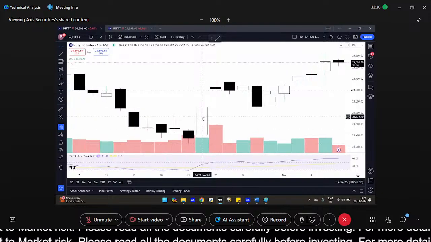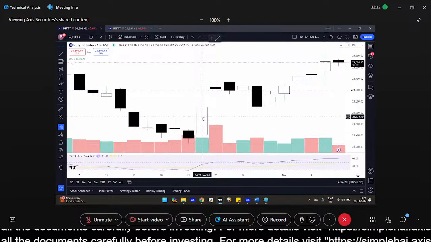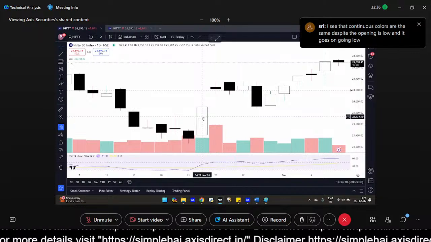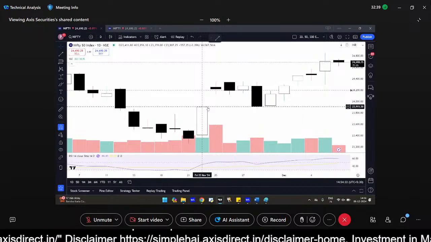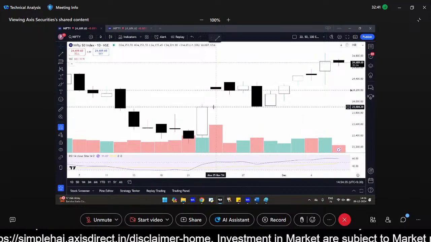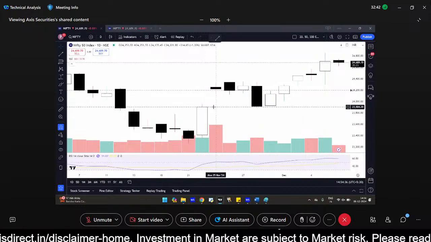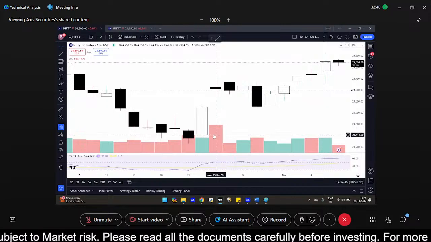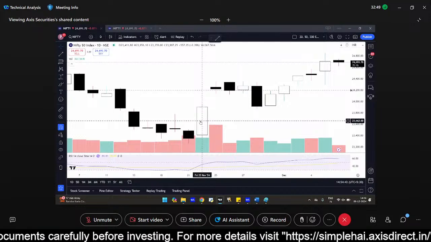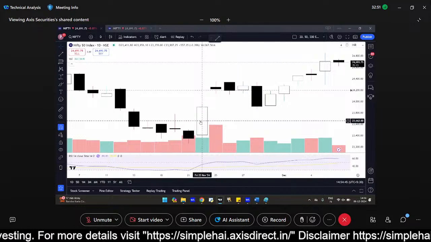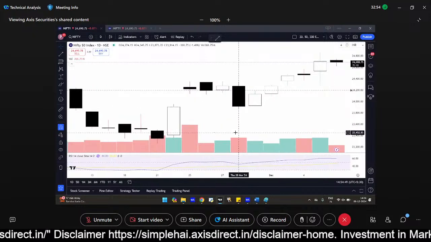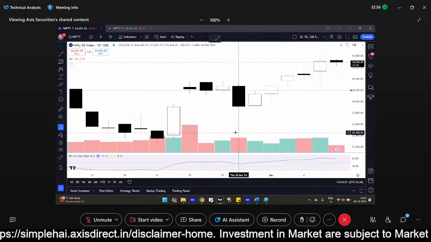So रियल बॉडी का जो एक पार्ट है, जो लोअर पार्ट है यहाँ पर, in this case that is basically the open. जो ऊपर का पार्ट है, that is the close. So ये पॉइंट पर this is the close. So 23,904 is the close, 23,400 is the open, and then during the day you had highs and lows. So उस दिन का जो कैंडल में, now we have mentioned, we have spoken about candle charts multiple times.